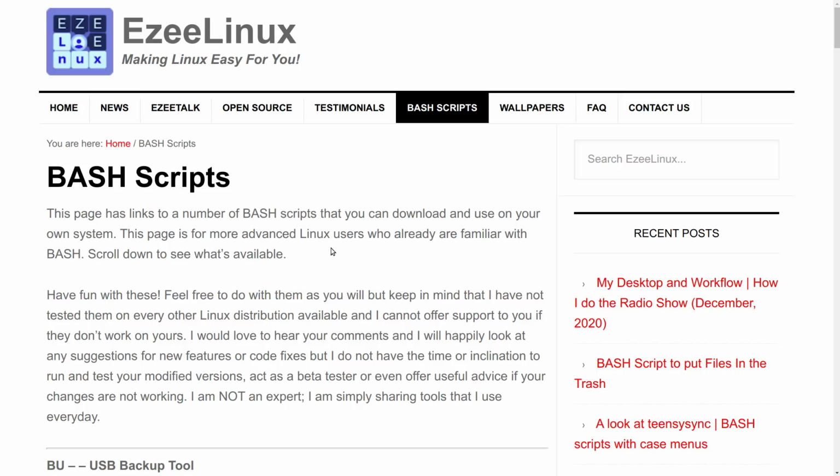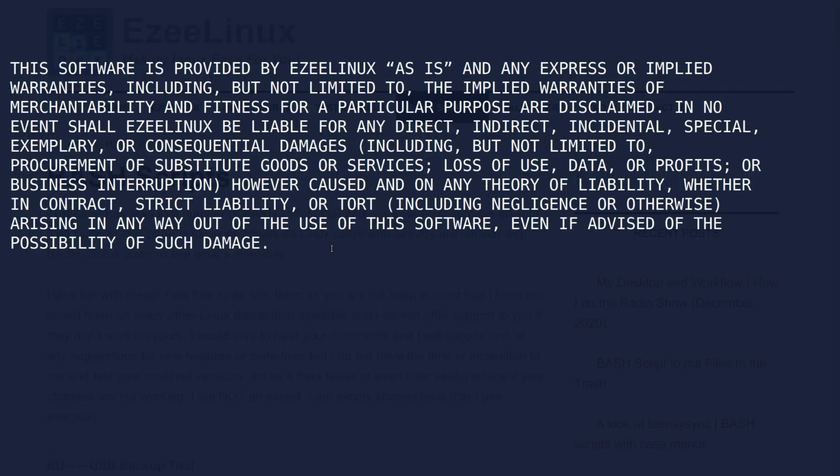So a couple of provisos and quid pro quos before we get into talking about these scripts. First of all, these are very much as is with no guarantee. They are published under the GNU license version 2, General Public License, the GPL. And what that means is they are free software. You can download them.